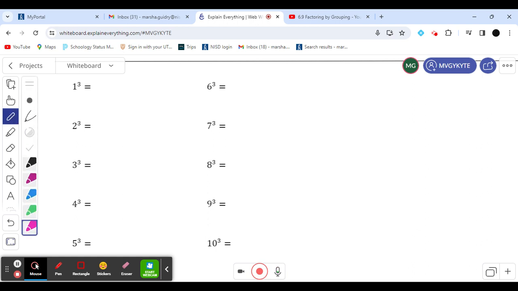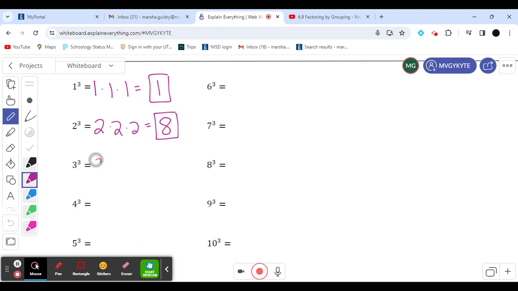What does 1 to the third power or 1 cubed mean? It just means 1 times 1 times 1, which of course is 1. So 1 is a perfect cube. 2 cubed means 2 times 2 times 2. And 2 times 2 is 4, times 2 again gives us 8. So 8 is a perfect cube. 3 cubed, or 3 to the third power, is 3 times 3 times 3, which when we multiply all those